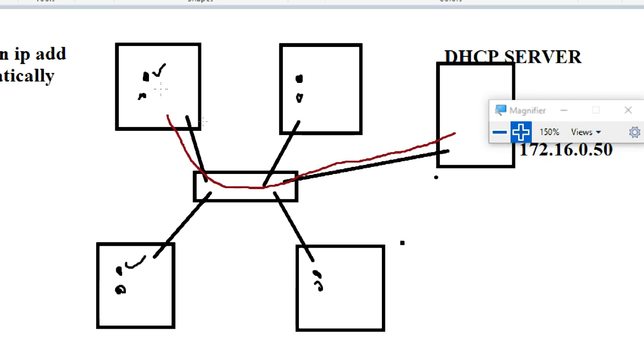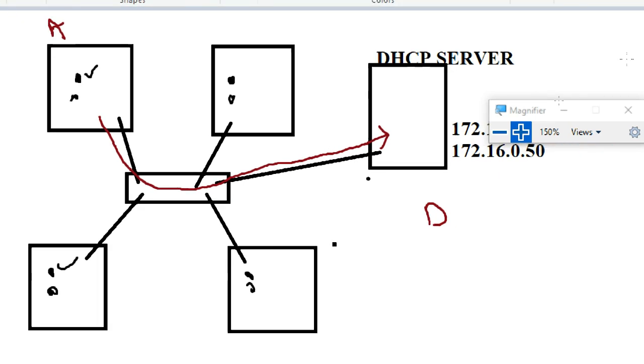Okay, so this PC, for example, this is PC A, sends a request to the DHCP server. Okay, so there is a discovery packet. It tries to discover where is the DHCP server. It tries to send a packet.